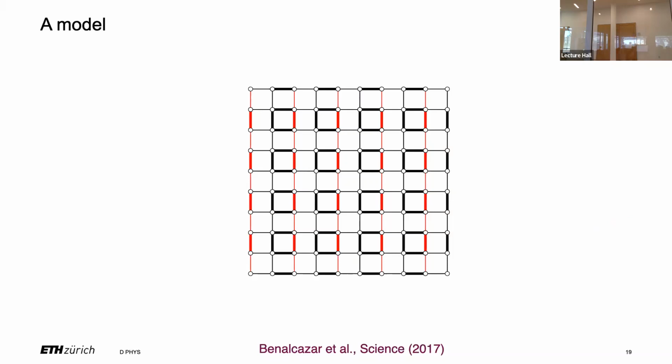But the problem here is almost... In that case, the model that you see here is a hopping model on a square lattice like this. Many of you will know it. It's just a dimerized hopping model, meaning you have weak bond, strong bond, weak bond, strong bond, like in an SSH chain, but you have it in two directions, and you have an additional pi flux. So whenever there is a red bond, I pick up a minus sign if I hop over it. So you see that every plaquette has one link with a minus.